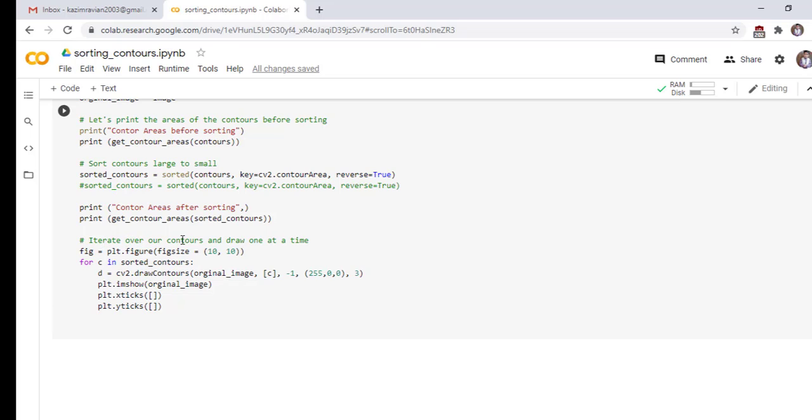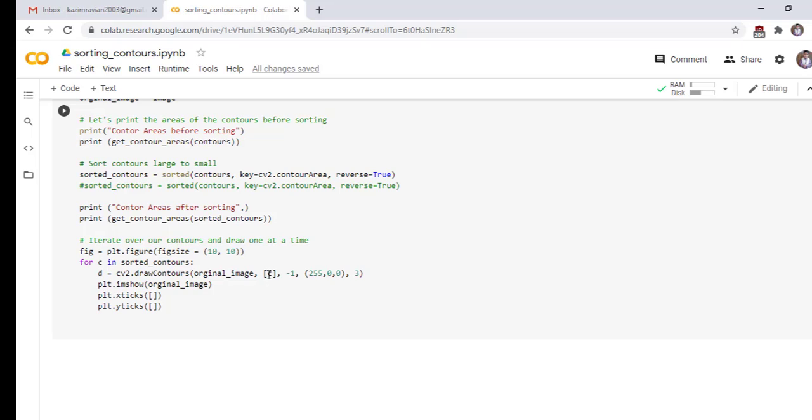Now iterate over our contours and draw one at a time. Draw a figure of size 10 by 10 and take a loop that iterates over the sorted_contours variable. Then call cv2.drawContours on the original image. c means our first contour and -1 means all contours.